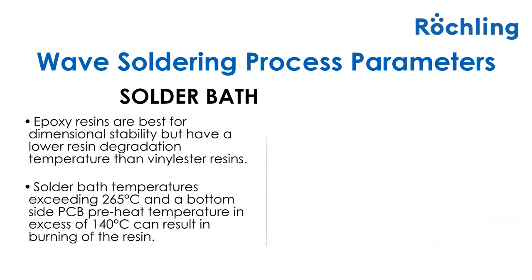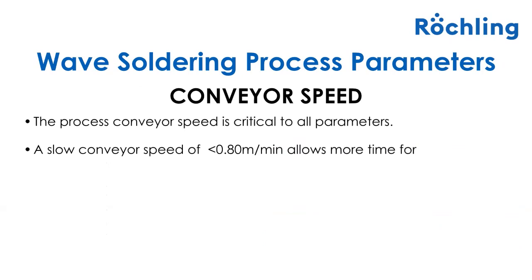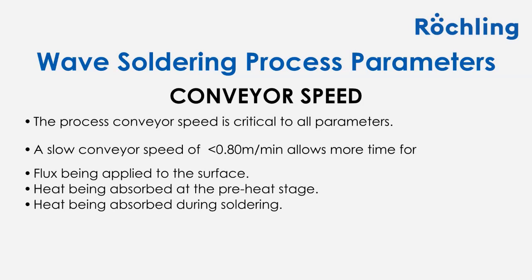The final parameter of the soldering process that has a bearing on the lifespan of the solder pallet is the conveyor speed. The process conveyor speed is critical to all parameters. A slow conveyor speed of 0.8 meters per minute or less allows more time for the flux being applied to the surface to build up, heat being absorbed at the preheat stage, and heat being absorbed into the pallet during the soldering. With more heat being absorbed during the soldering process, thinner masking areas are going to expand more and